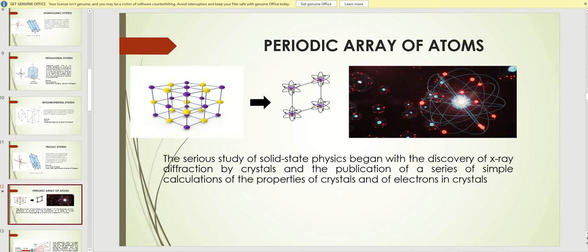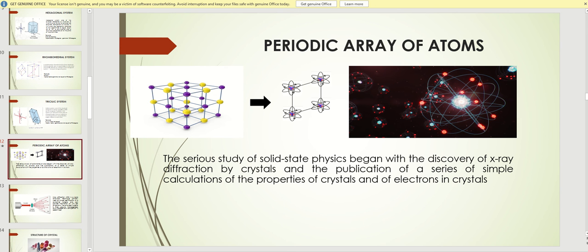Periodic array of atoms. The serious study of solid-state physics began with the discovery of X-ray diffraction of crystals and the publication of a series of simple calculations of the properties of crystals and electrons in crystals. So as you can see in the image, using X-ray diffraction, they are able to see and calculate the properties